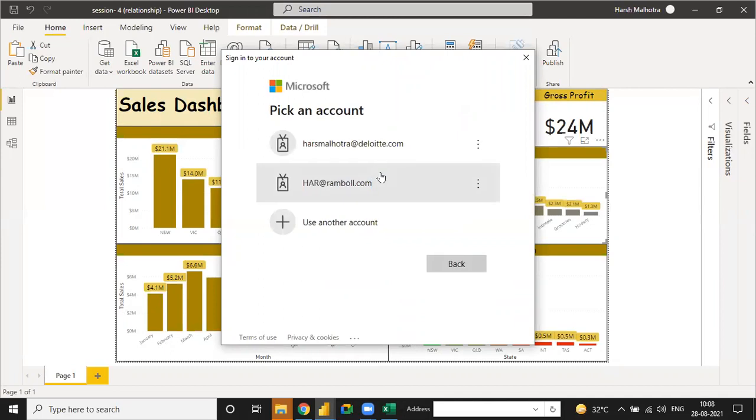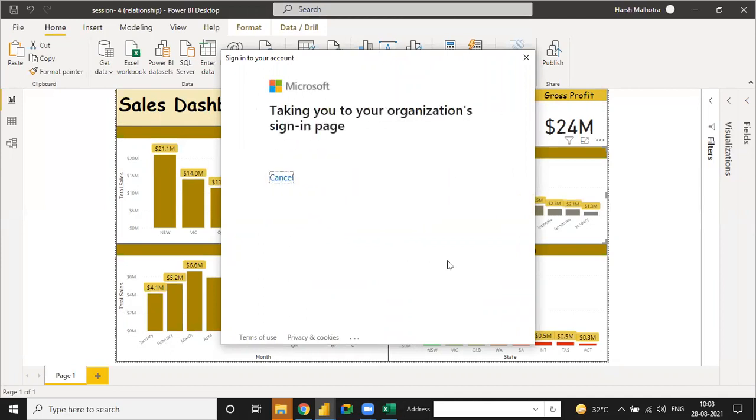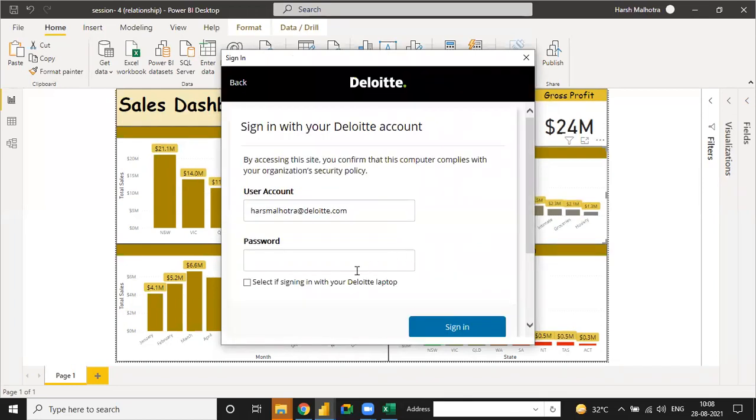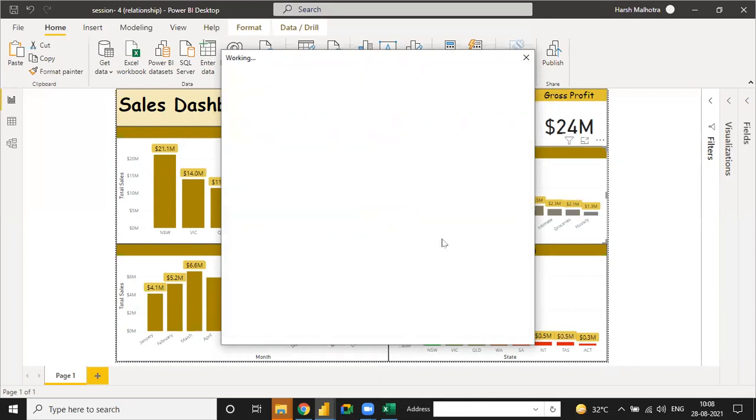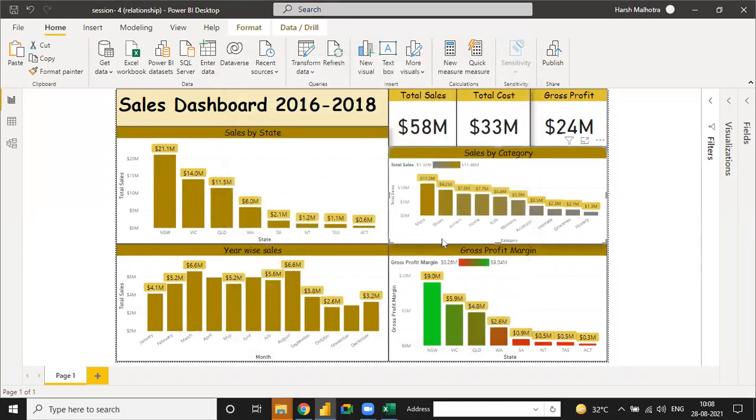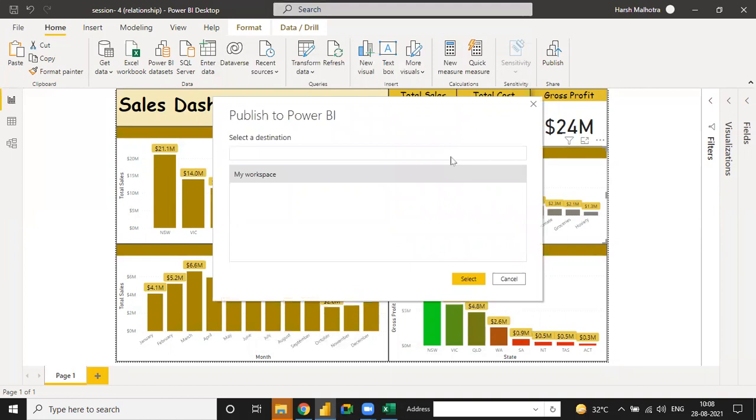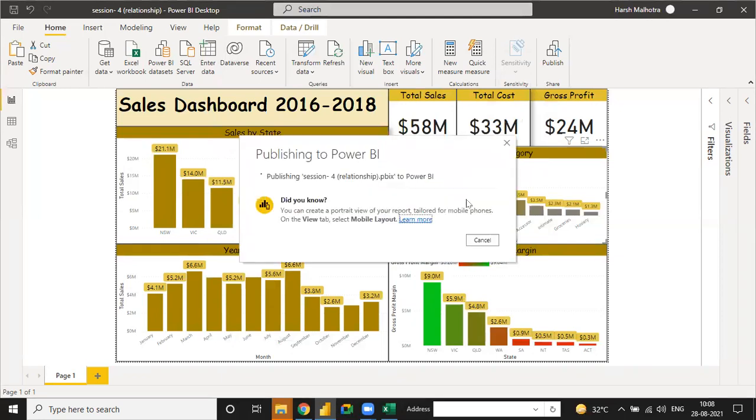It will ask me to connect the email ID and the password, and sign in. Now see, select a destination. I use My Workspace and select. See, it will automatically publish into my Power BI service dashboard.